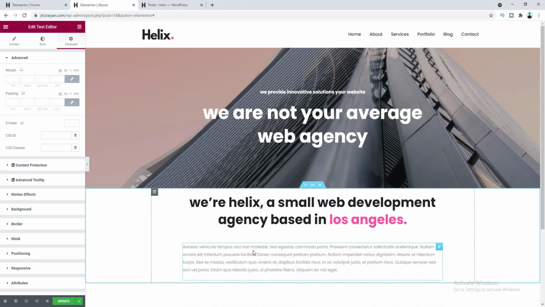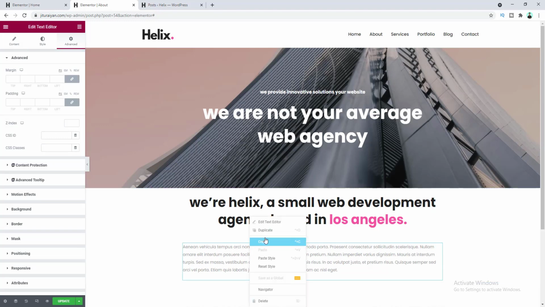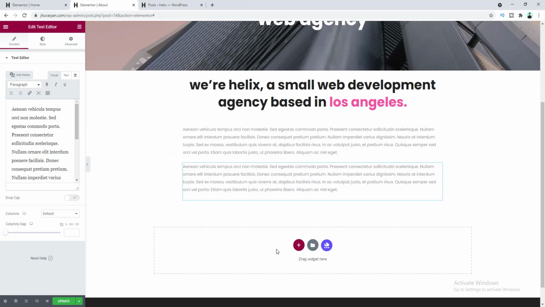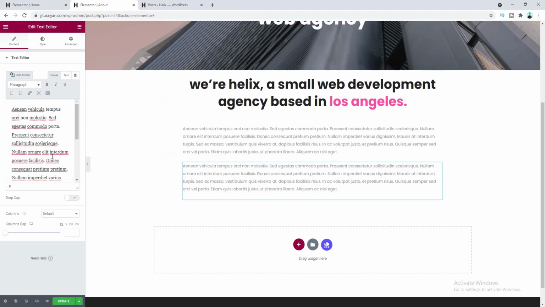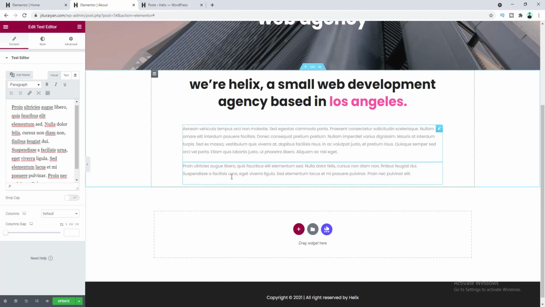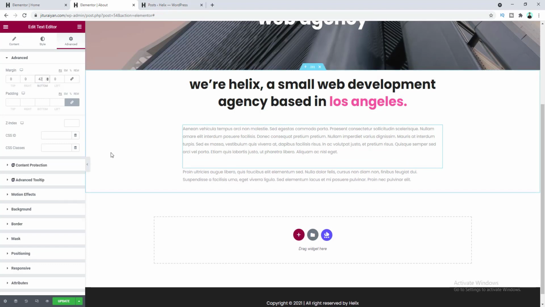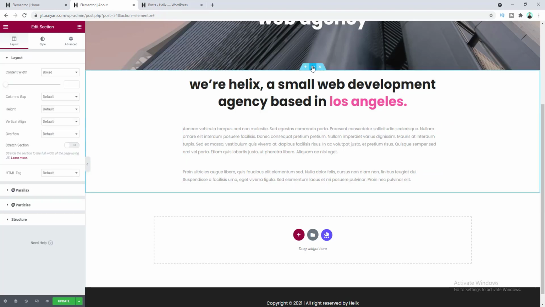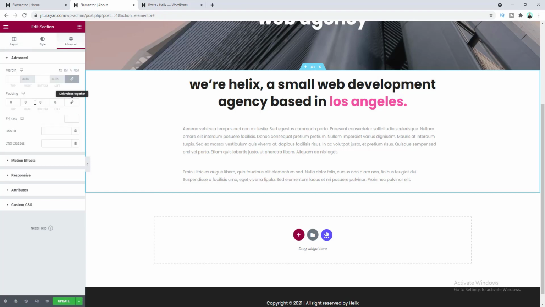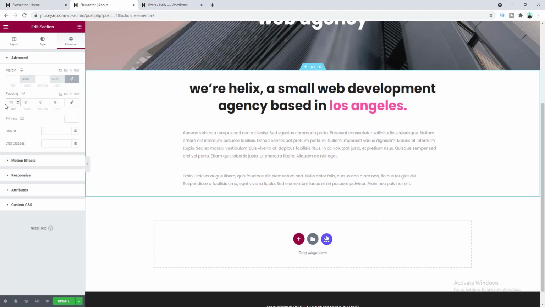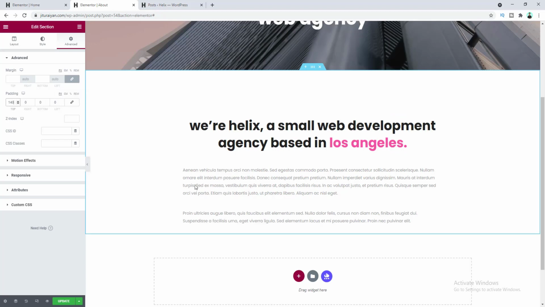Then let's add more content here, so let's copy this paragraph, basically duplicate this and also change this content here. Okay, but here we need some spacing, so at the top paragraph here I need some bottom margin, make it to 42 pixel. Okay, then here I will add some images, but before that at the top let's add some top padding. Make this top padding 140 pixel, and then here I wanna add two images in two columns,